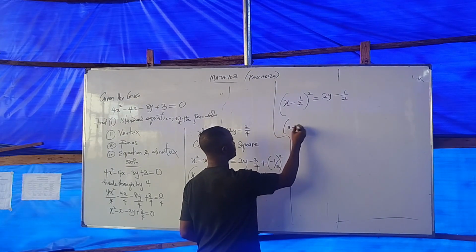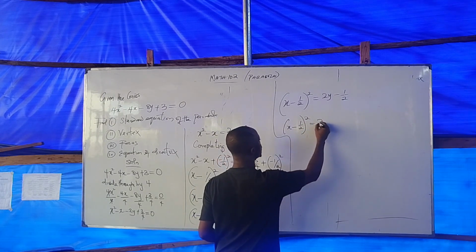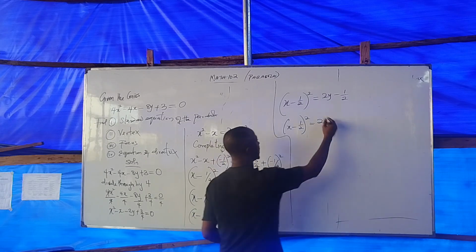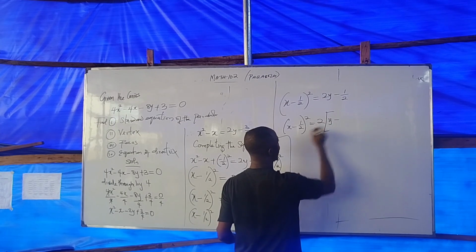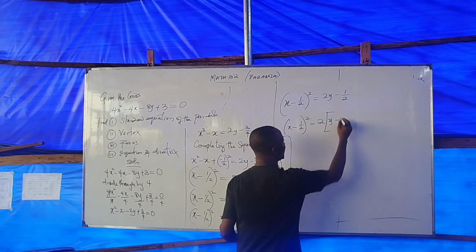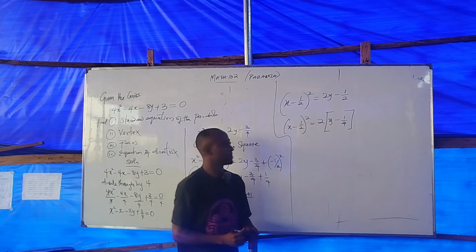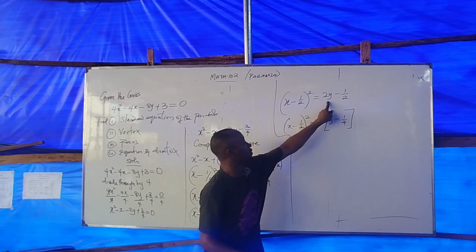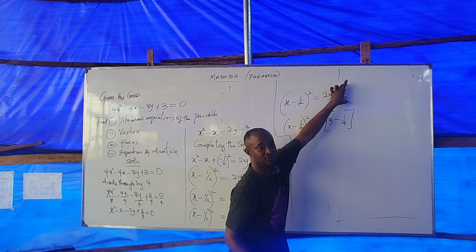Here becomes x minus half, all raised to power 2, equals 2 is common. Bring it out. In brackets, what do you have here? y minus 1 over 4. Thank you. Why is it 1 over 4? If I expand this, I will have 2y. If I expand this, I will have minus half. Therefore,